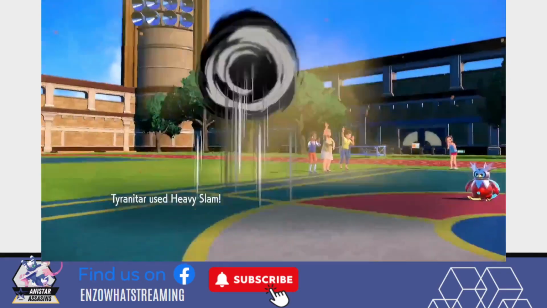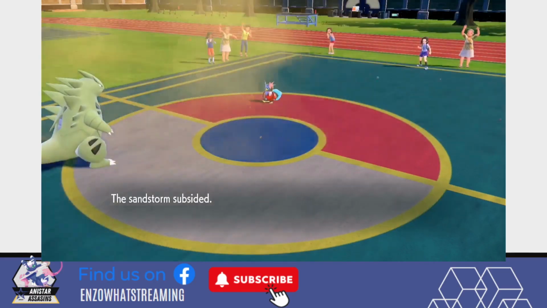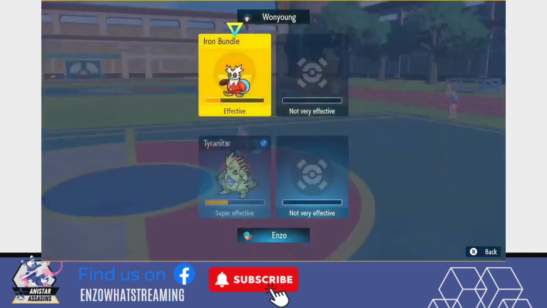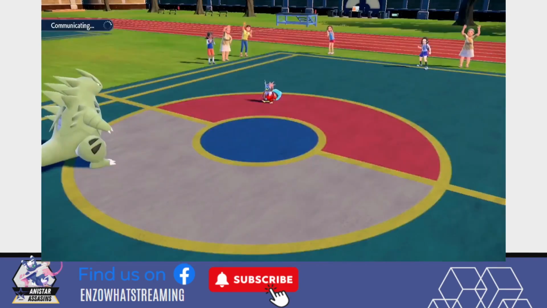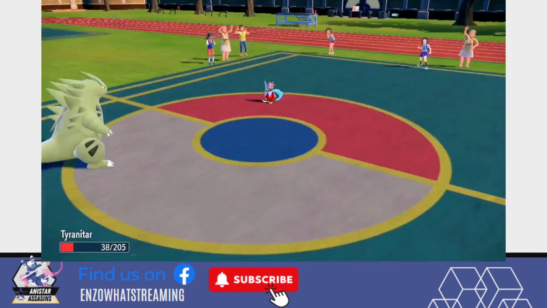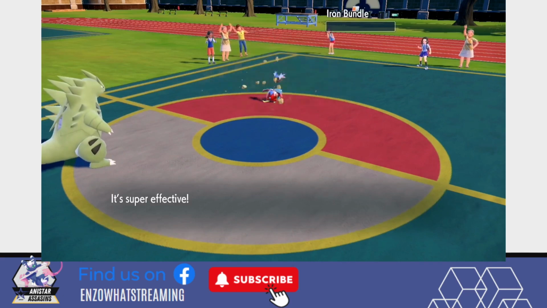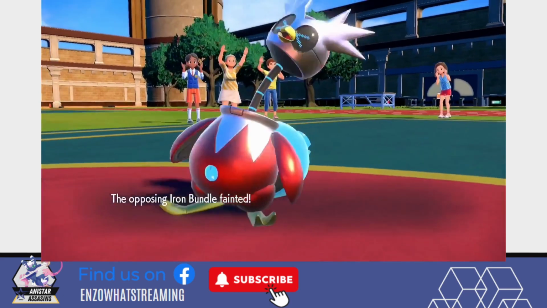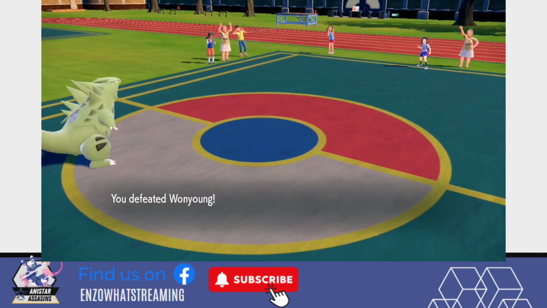Going for the Freeze-Dry, Heavy Slam, good damage. Okay, sandstorm subsided, and I was just thinking, you know what, this should do it. Or should I just risk it with another Rock Slide? Okay, I think I could still take two more of those. Rock Slide hits, and there we go. That was a very, very close yet